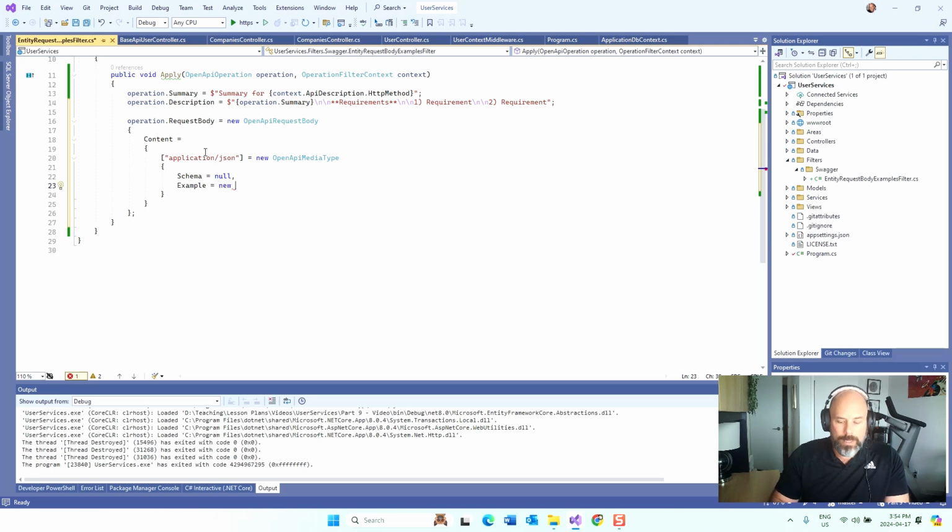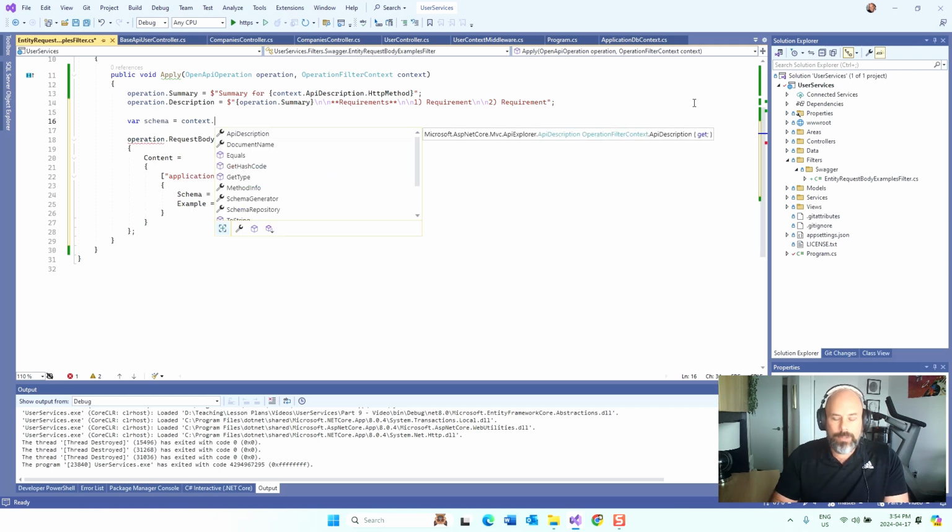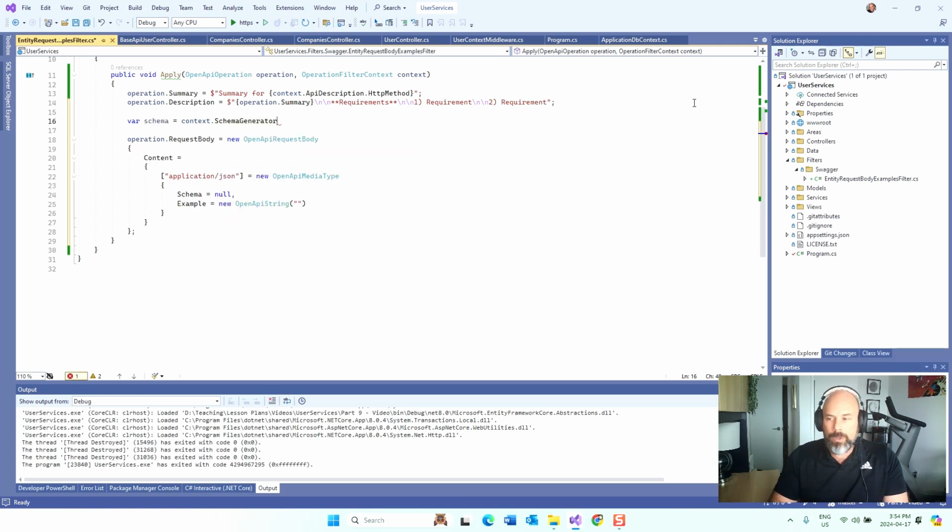An example is an OpenAPI string, and that OpenAPI string is fairly basic, and I'm going to show you an example of that in a moment. But before we do, we have to generate the schema. Now the schema can be generated quite easily, and it has to have a concrete type. So we're going to just use our company as an example of a concrete type. So we have schema generator dot generate schema